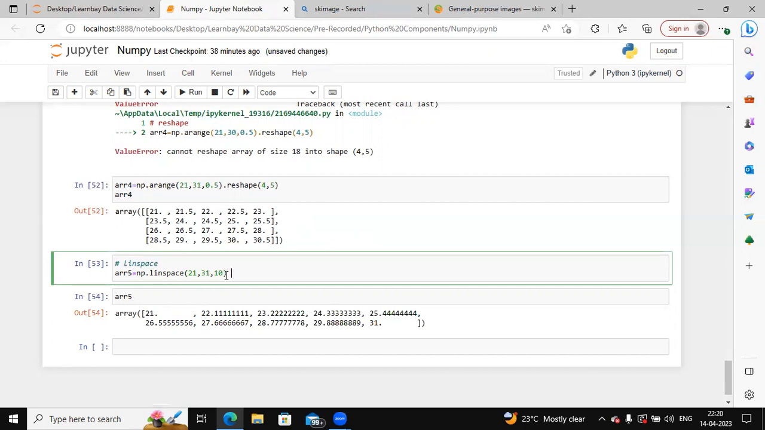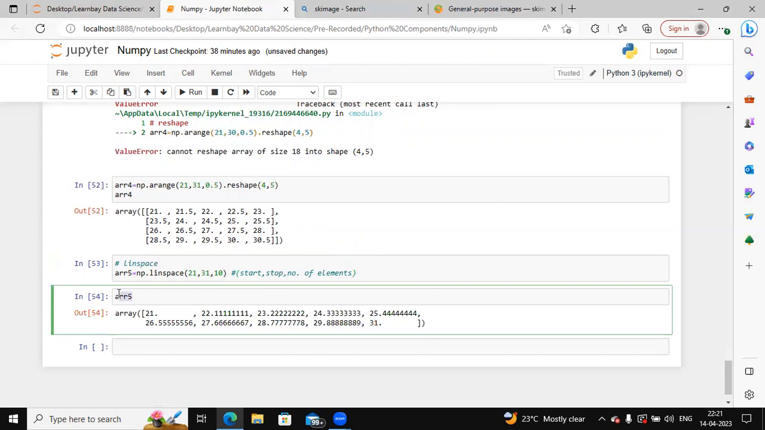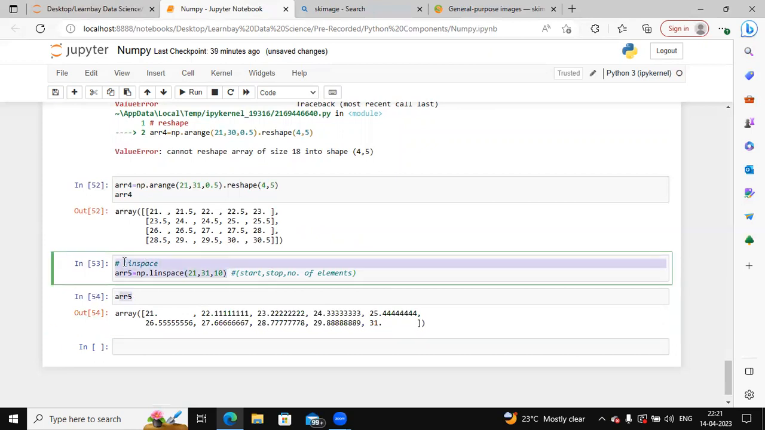Let me write this. This is like start, stop, and the number of elements that you want in that range. Here you will specify the number of elements you want, so you can just check by giving it as